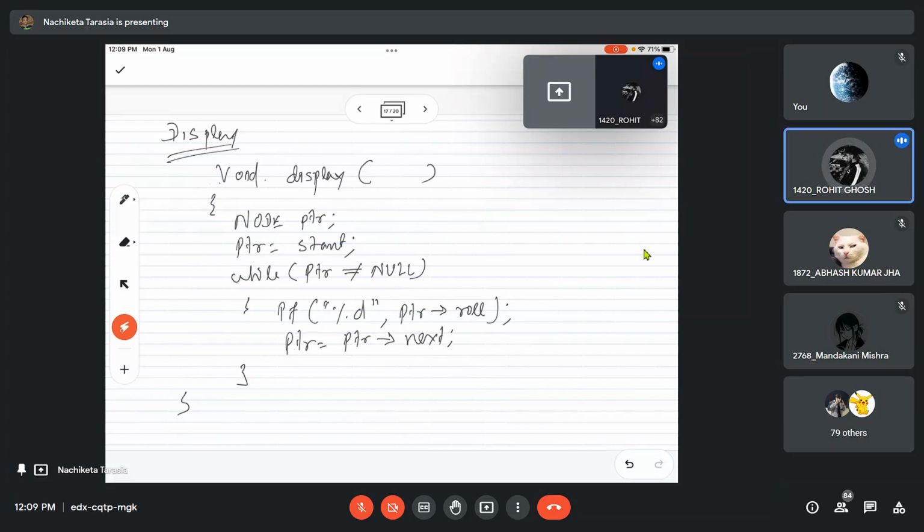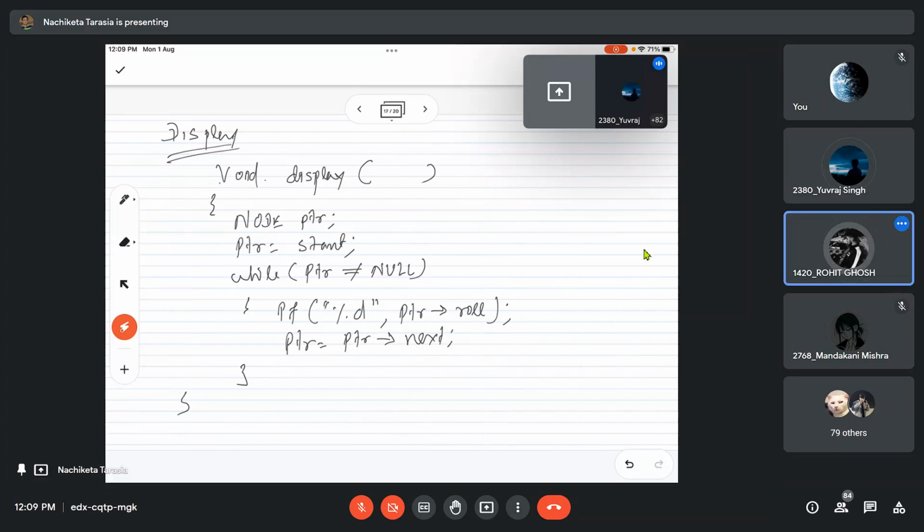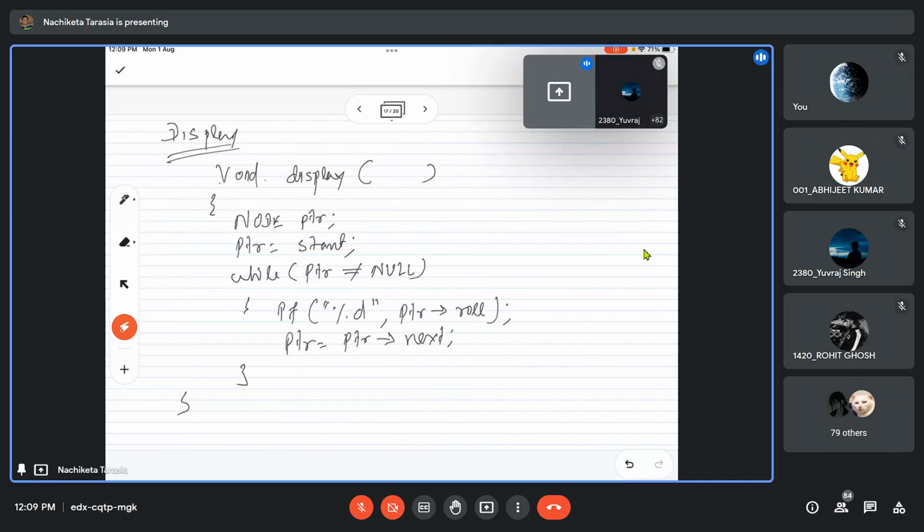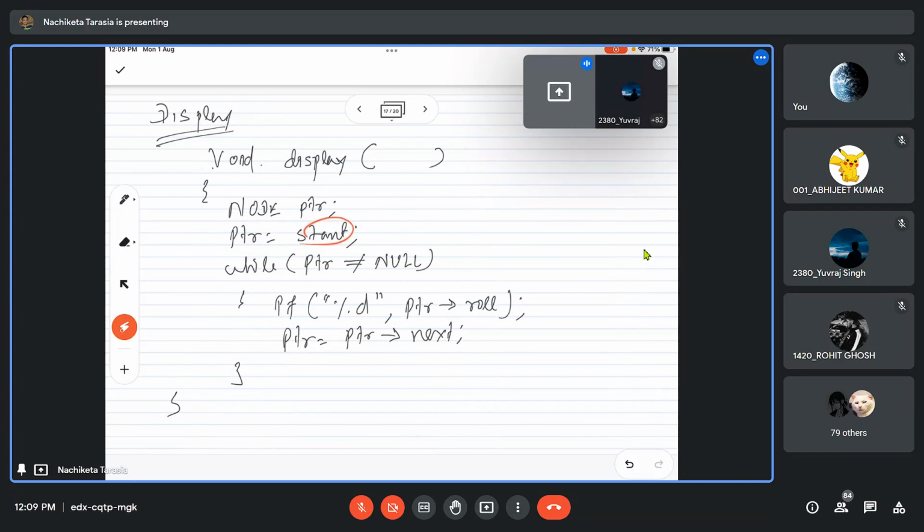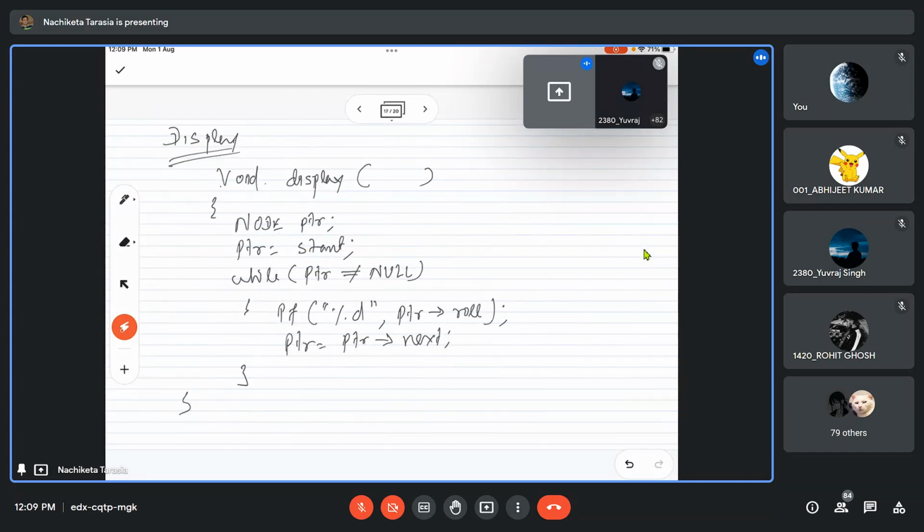सर कुछ लिंक टूट जाएगा। स्टार्ट से करेंगे सर तो वैल्यूज चेंज होगा, and then we cannot be reversed back. Yes, जिसने भी बोला लिंक टूट जाएगा वो भी सही है। Because in our view start is very important as it always points to the first node of the linked list. अगर instead of ptr I write start is not equal to null, start roll number, start is equal to start arrow next,